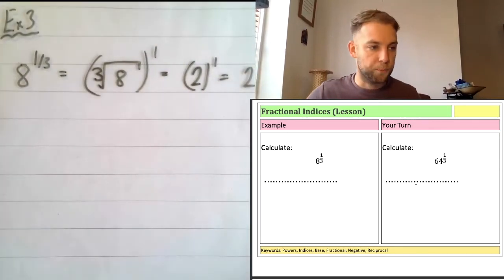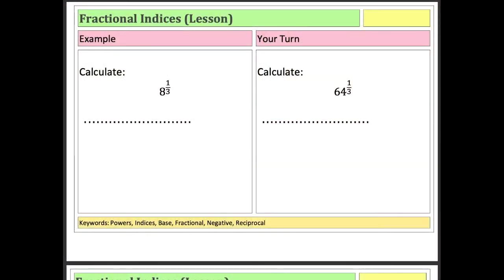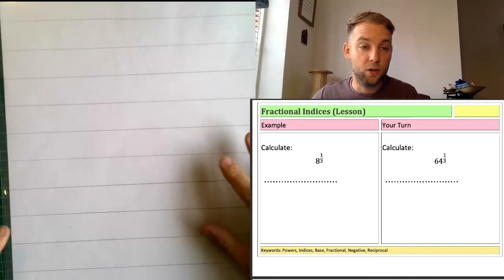Okay? So, pause now and have a little go at that one on the right hand side. See if you understand it. Alright, let's have a go at it together. I think we should be able to get this as long as you've got your notes in front of you